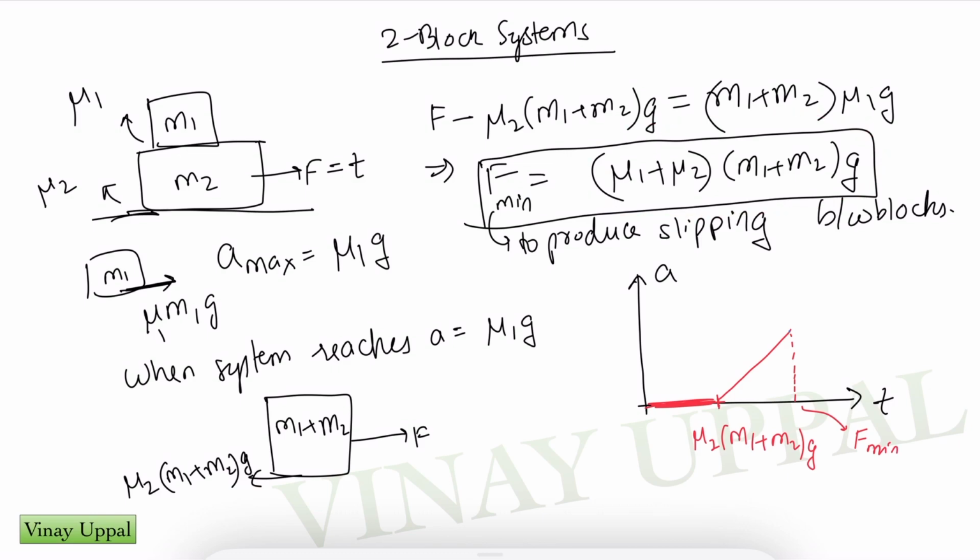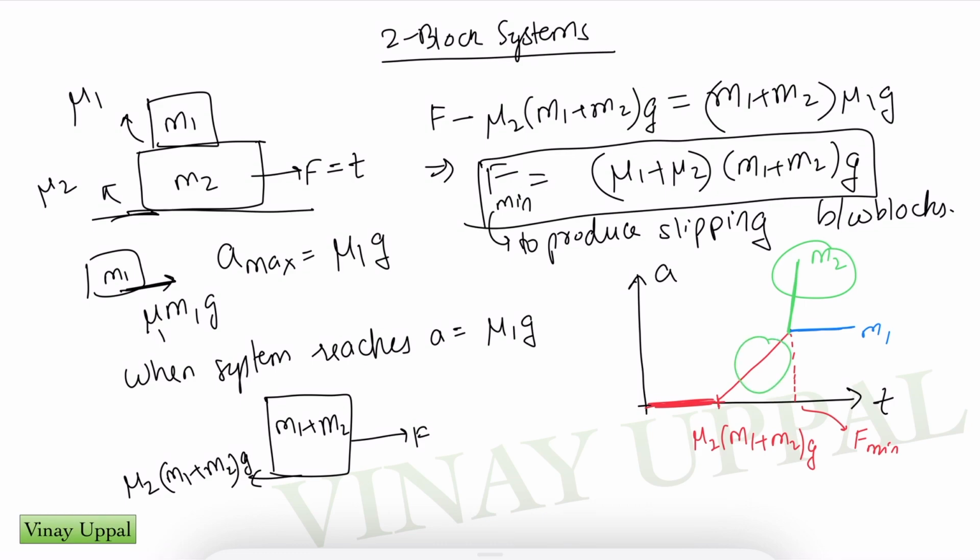After which block M1 will acquire that constant acceleration. Block M2, however, will keep on accelerating, which will be increasing in its value because of the increasing force. One thing to understand here is the slope will increase. If you compare the slope of the green line to the red line, the slope of the green line will